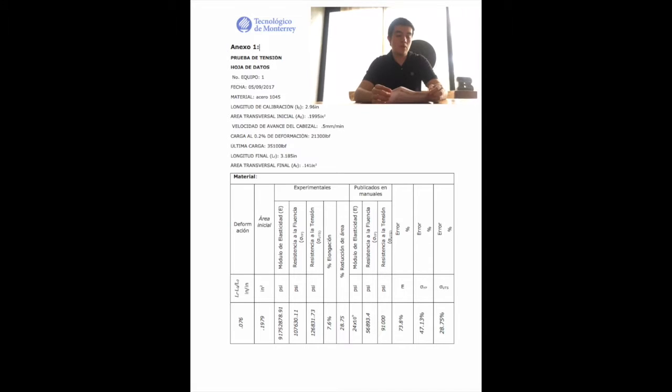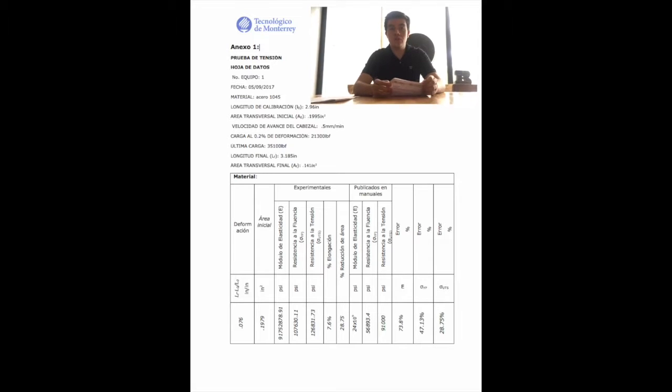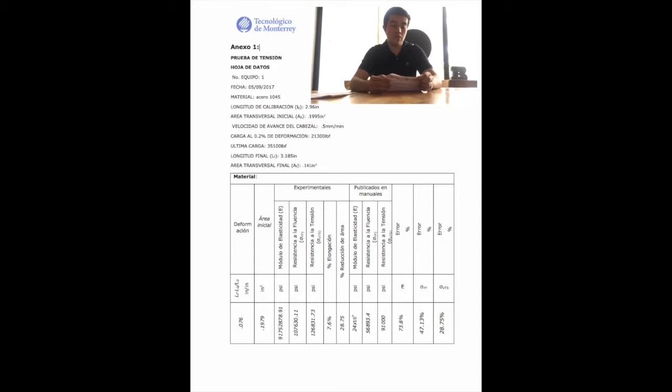The second material we use is steel 1045. This material has 0.45% of carbon, which is more resistant than aluminum. Before we use the machine, we also need to calculate the calibration length and the initial transversal area. With the vernier, we calculate this data. For the calibration length, we have 2.96 inches, and for the initial transversal area, we have a result of